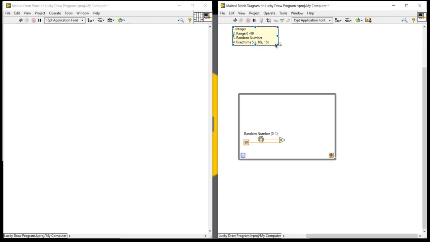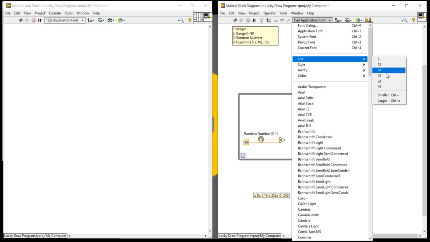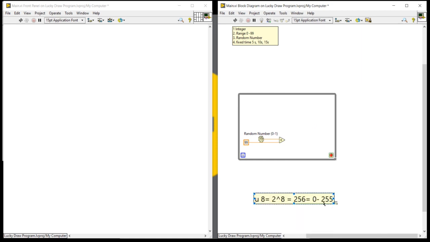Because U8 means 2 to the power 8, that means 256. That means you can display numbers from 0 to 255, and you know very well our 99 lies under 0 to 255.